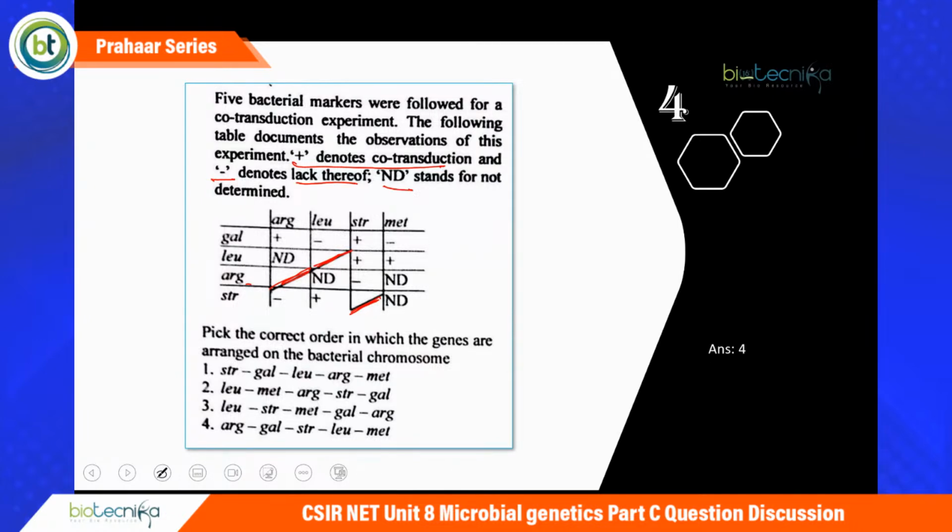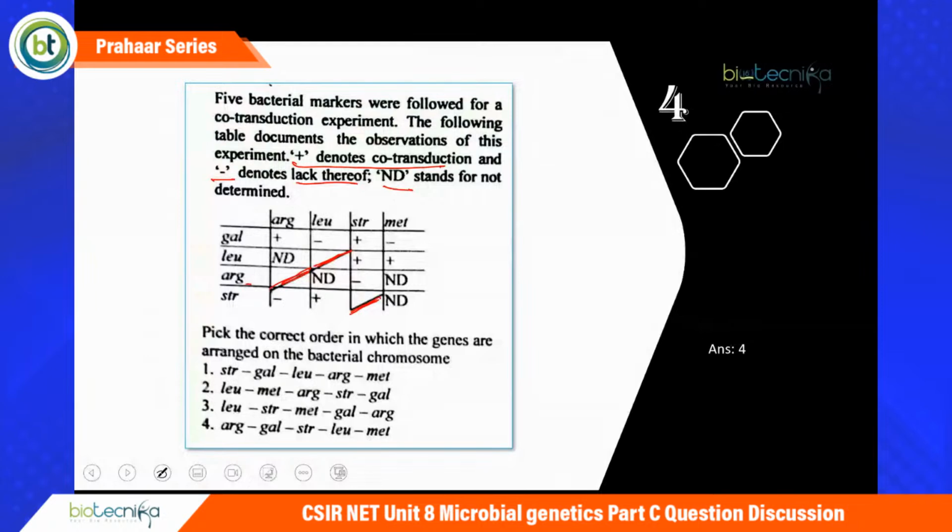Okay, so as you can see, the trend is that this kind of question has been asked multiple times, where they give you the co-transduction frequency either in the form of this kind of table showing presence or absence, or how it was given in the previous question where a number was given. ठीक है, तो दोनों ही सिनेरियो में या तो यहाँ पे टिक करके बताया गया है कि को ट्रांजैक्शन है नहीं है, या फिर कोई नंबर दिया गया है. ठीक है, तो उन दोनों ही सिनेरियो में हमको ये डेटा को एनालाइज करना है,